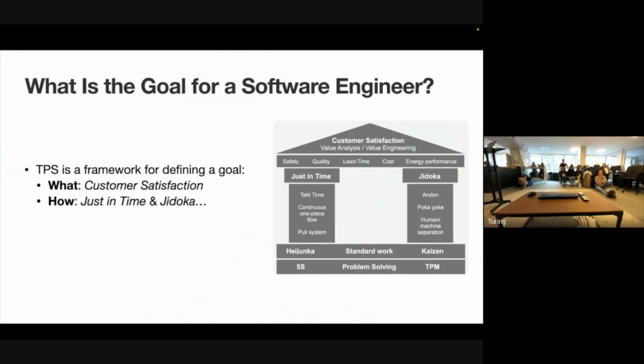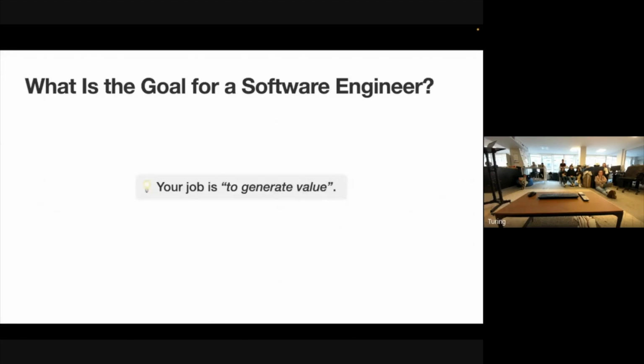At Theodo, in my mind, the goal is customer satisfaction. It sits at the top of the Toyota house. And the how, how do we achieve customer satisfaction, is everything below that. It's just-in-time and Jidoka, which is speed and quality essentially. And so my premise for how I build up